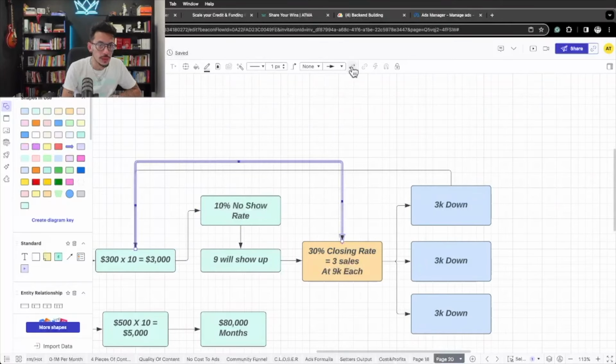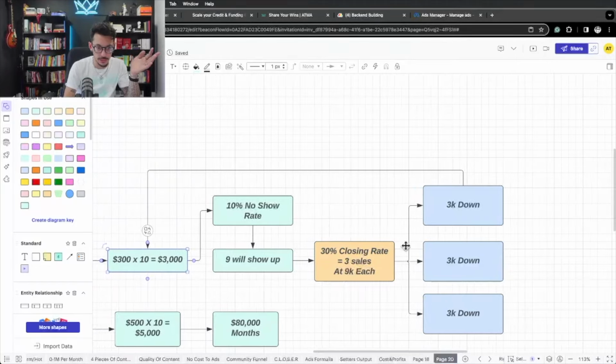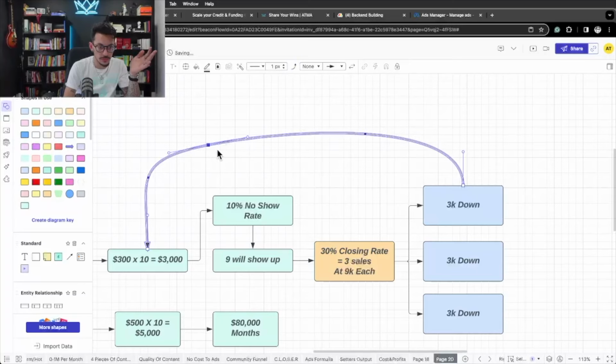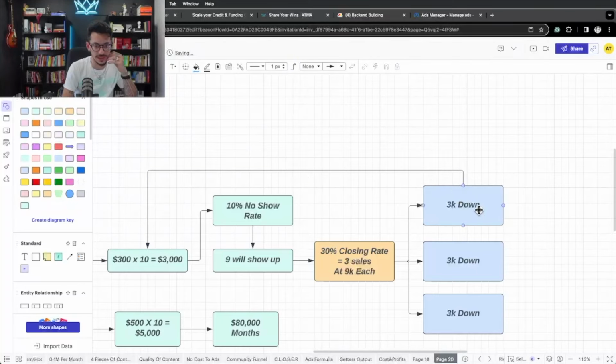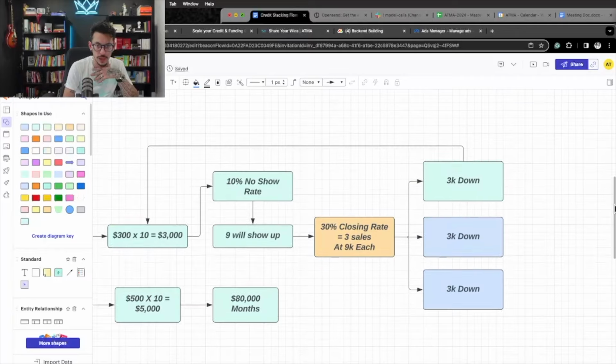So let me see if I can make this clear for you guys. All right, let me see if it could be more simple. You spend $3,000 to get 10 people in front of you, but you didn't really pay for this money. The client did. This one right here. Pretty much this person paid for your acquisition. Now this 3K down that they gave you,